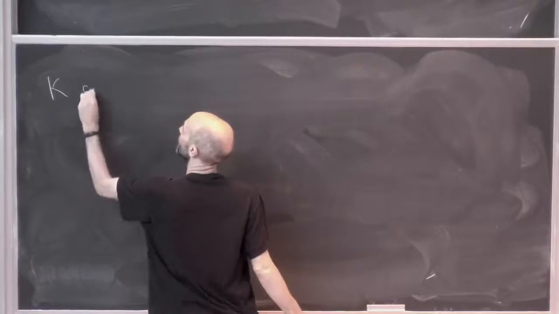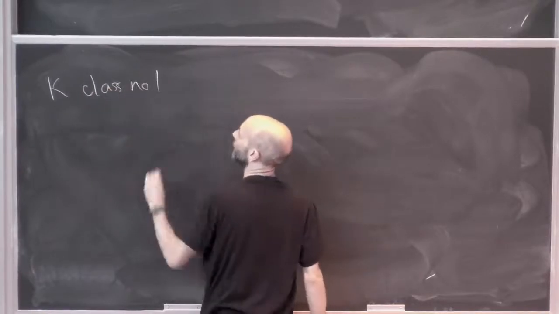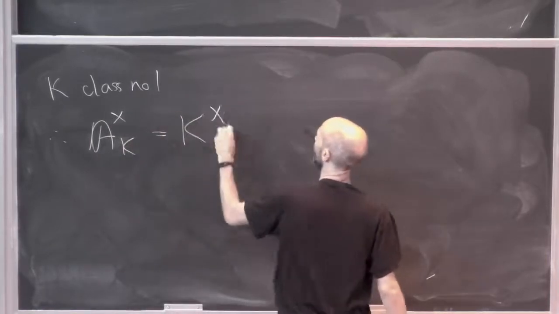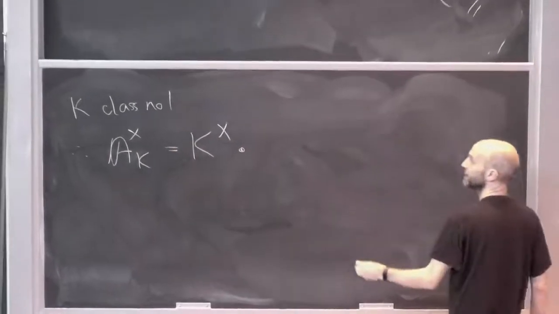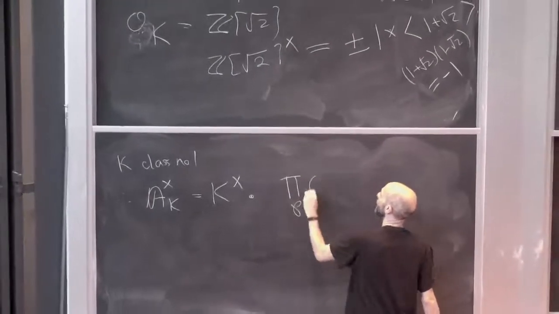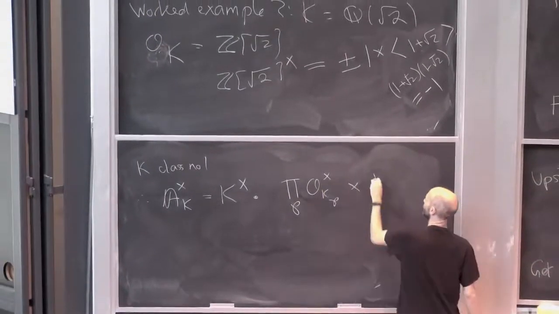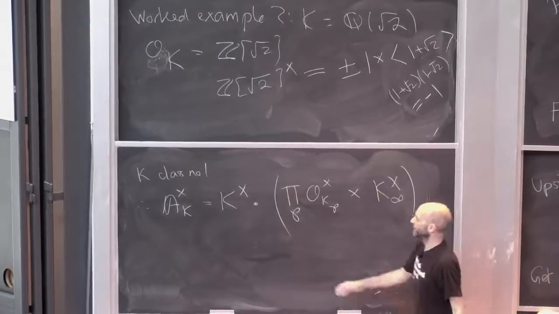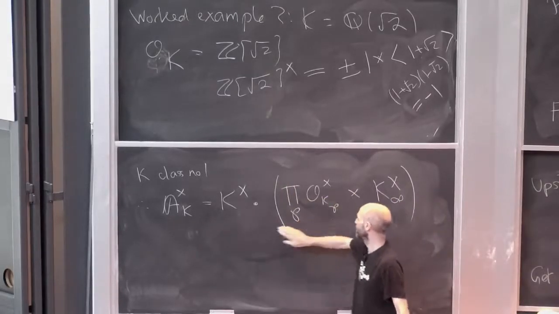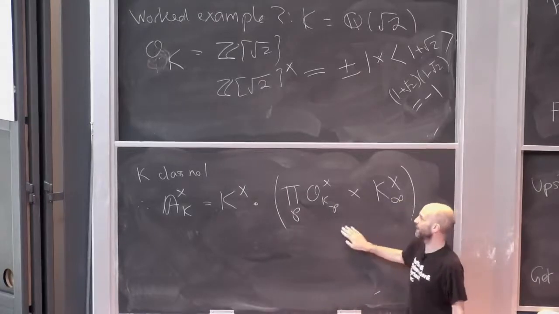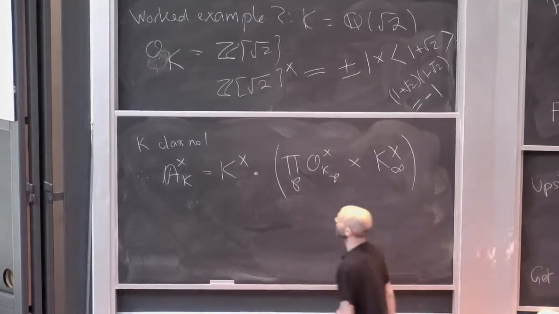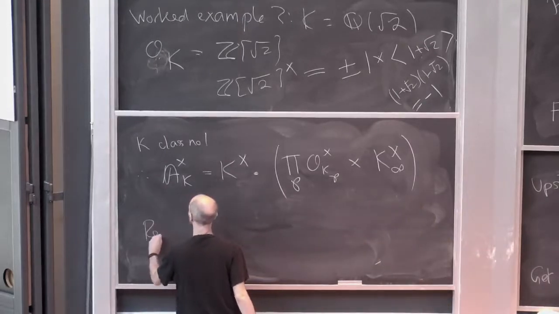K's got class number 1. Every ideal is principal. K class number 1. Okay, and therefore A_K star is going to be K star times the group generated by the product over P of O_{K,P} star cross K infinity star, right? And so we've got to give a representation of this that's trivial on this. We just have to give a representation of this, but then we have to make sure it's trivial on the intersection. Okay, representation of this, nice and easy, right? Representation, well, a character